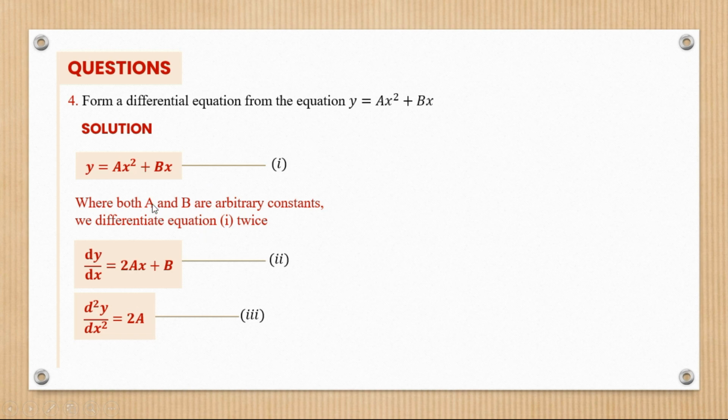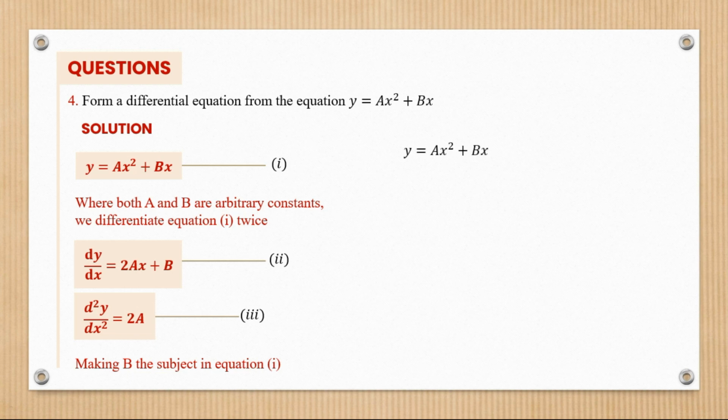So what I'm going to do is make b the subject inside this equation right here. That's what I'm going to be doing. And then right here, I'm also going to make a the subject. And then the final values that I get from both sides, I'm going to substitute into equation 2 to get the final differential equation. So we're going to make b the subject in equation 1,